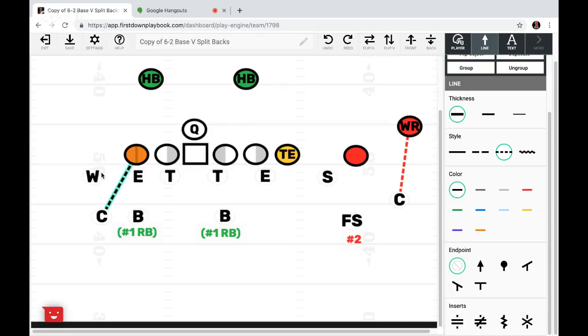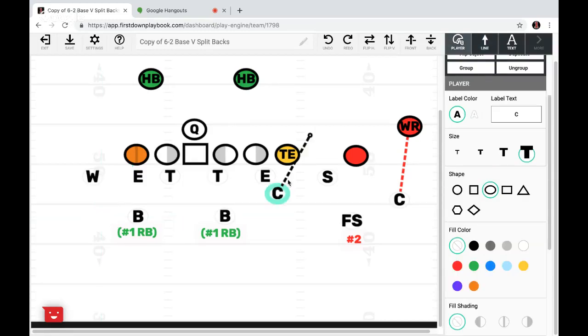If you're in a 6-2, odds are you don't want to bring your corner over, because the way that we're coaching a 6-2 is we're not giving any of these people up here any pass responsibility. So if you took that corner over here in a 6-2, you got a problem a little bit, because you don't have enough defenders over here for that halfback and for that tackle. Now, for that reason,